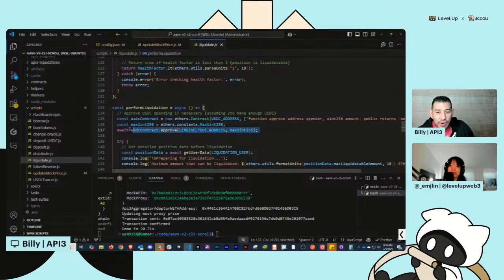And then we're just going to go ahead and approve our USDC on the contract. We want to make sure that the lending pool address can call back on our wallet and pull that asset from it. So we're going to approve the USDC. Just so you know, we don't send the tokens. We call the liquidation contract and the contract pulls it from our EOA. So that's why we have to set an approval. A lot of people get that confused with approvals for EVM.